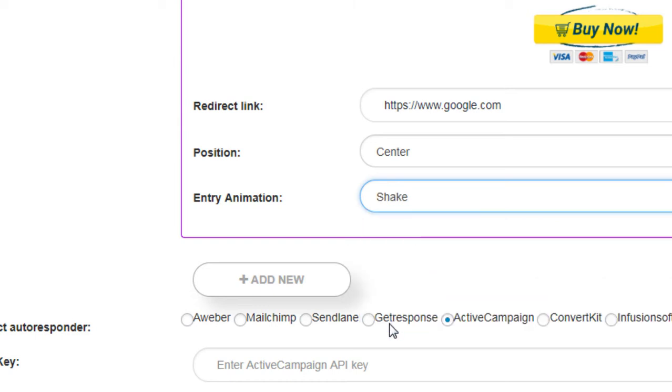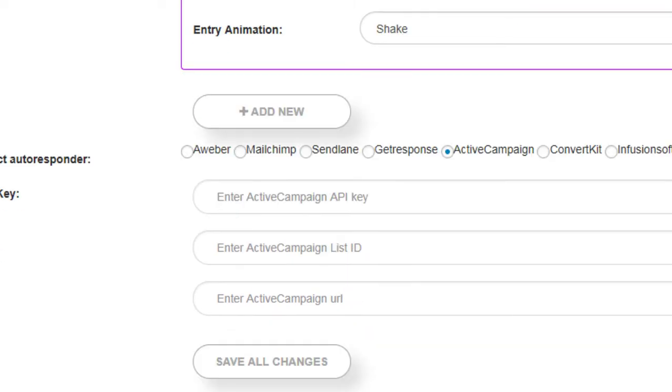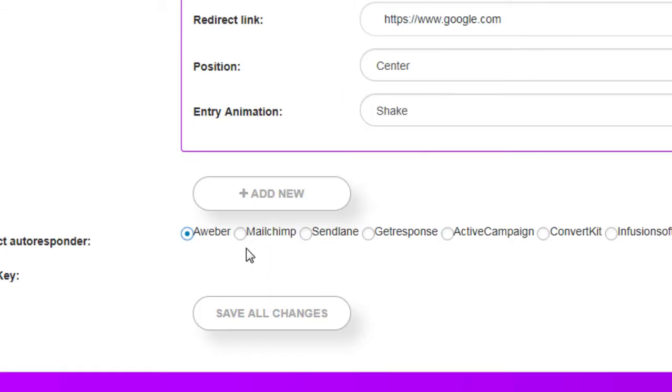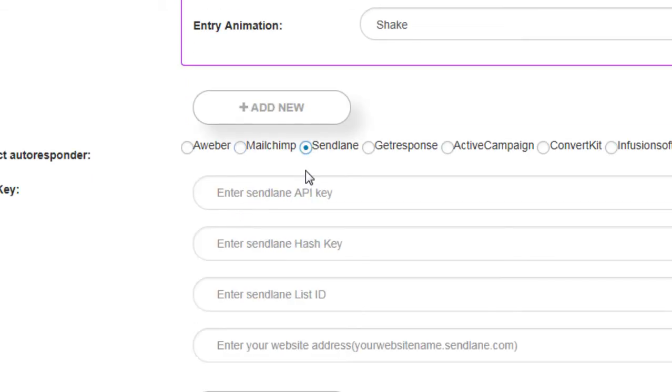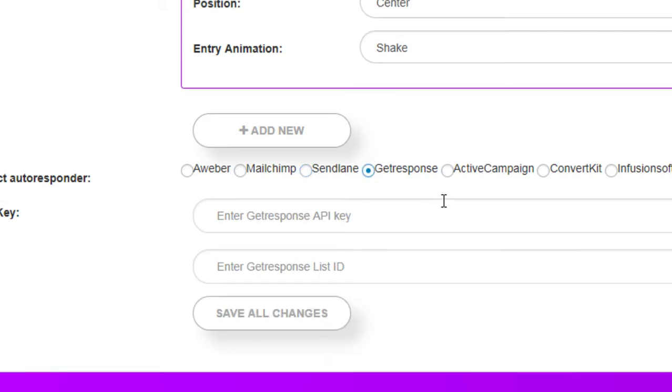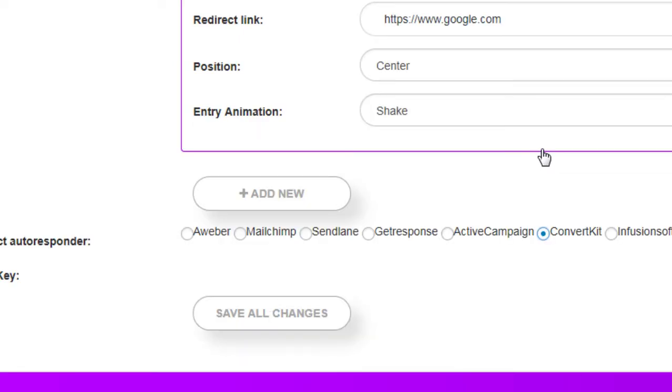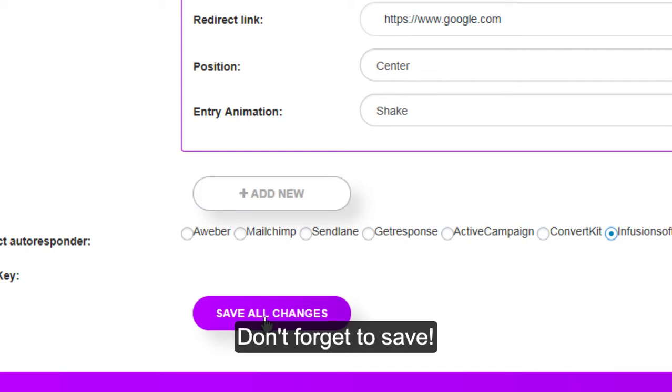So in this case I'm going to choose shake, and I'll leave the autoresponder for now for a separate video, but here is where you can obviously choose one of the autoresponders, and then it shows you the API details typically that you need to enter. Those you'll normally find quite easily on the autoresponder website. If you just search in most cases for API, then it'll find the relevant tutorial on their site to be able to do that. So we'll just leave this as it is,